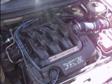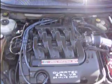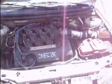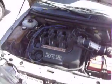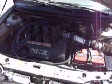Not sure, but yeah, that's what it's doing. It's been like that since around October, November. I've still been driving it. I'm not losing power or anything, it's just making that noise, and it's a really loud noise and it's annoying,